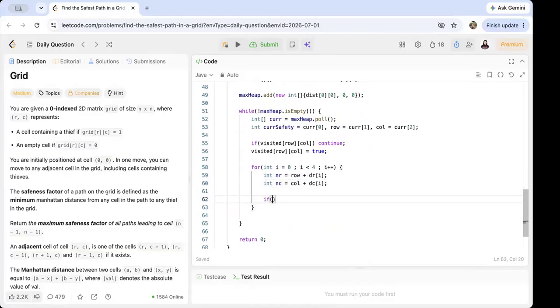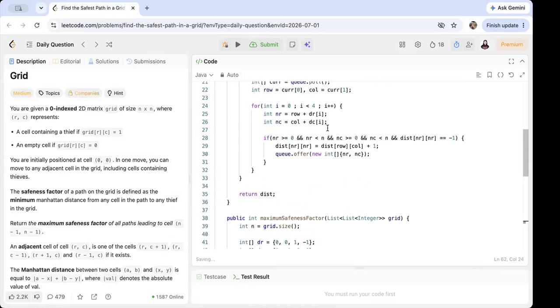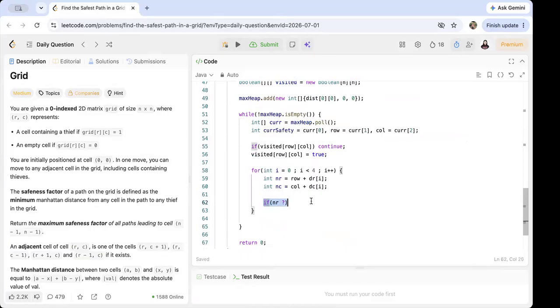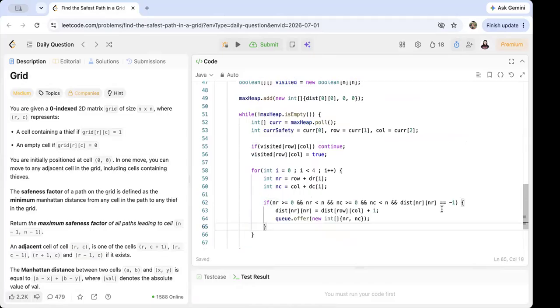Now let's do a sanity check. If new row is greater than, well, let's copy paste it from here. So we do a sanity check, and we also check if it is visited here. The reason being, we are checking already if it is visited or not, right? So then what do we do is we say,